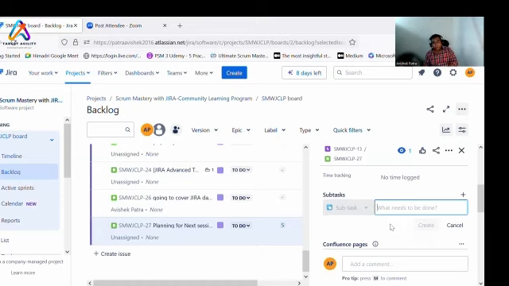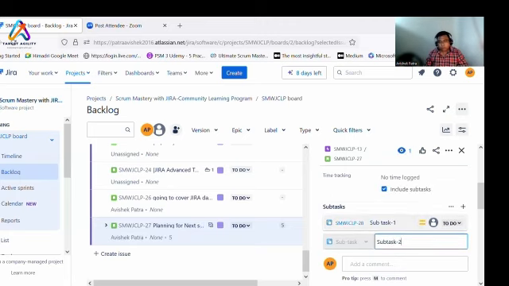For example, planning for next session: first I have to see what is the content for the Jira advanced roadmap, what all things I want to cover there, finalizing the content, then identifying the best suitable time, checking on the availability, then defining the invite, sharing the invite well in advance so that everyone can join in. All right. So all those subtasks you can create here, and you can also create the invites and all. Whatever multiple subtasks, let's say subtask one, create it.